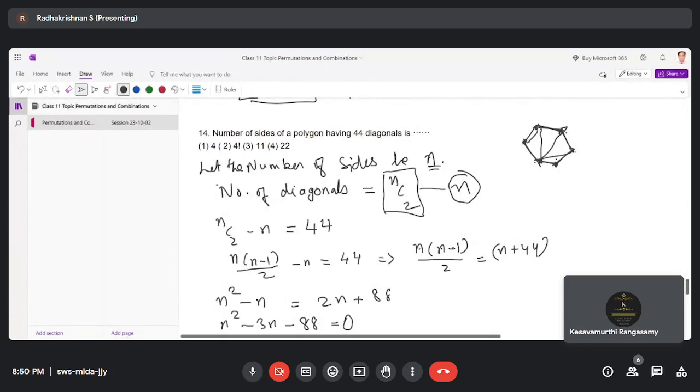Okay. So anyway, in the next 1 or 2 classes we will do permutations and combinations. After that we will go to the next chapter, binomial theorem and all. Hopefully by that time